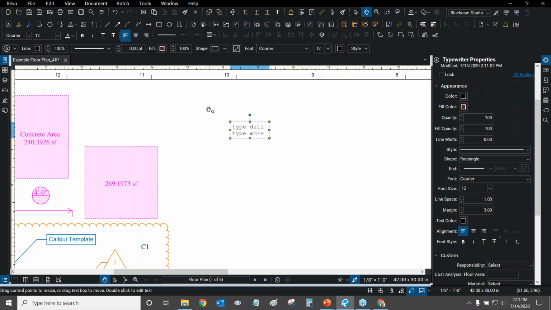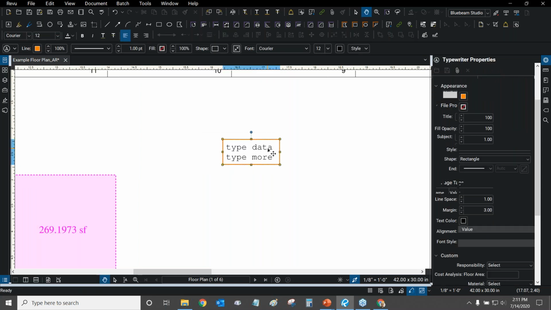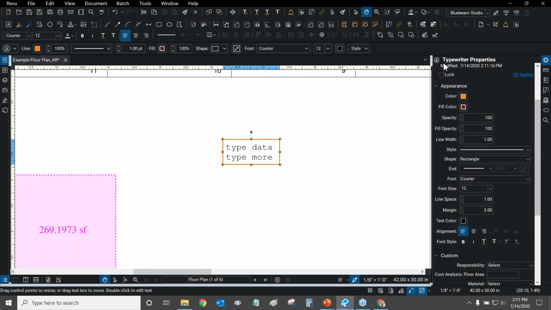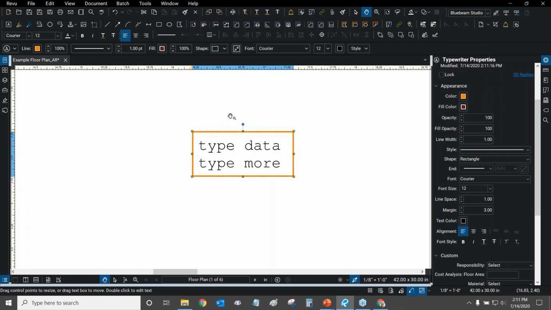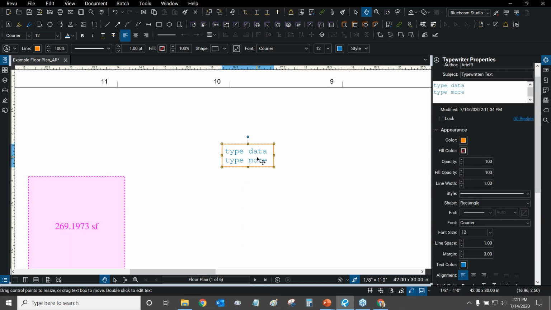Now, if you wanted to, you can actually make a text box around it. So if I change the color from black to another color, for example, I've now turned my typewriter into a text box, so to speak. But in properties, it still says typewriter properties. So if you want more settings, then you might want to use the text box. But you can still turn a typewriter into a text box, so to speak. And then, of course, you can change the text color. I can change that to blue, very simple. Everything here is very similar, where we can change the shape, the font size, etc. So nothing crazy here that we're looking at.